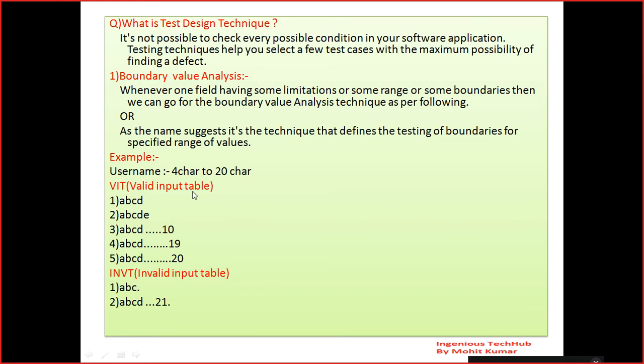We already showed you the login text field, right? It will only accept a mobile number and email ID. If you write anything else, then what will happen? We will get an error message.